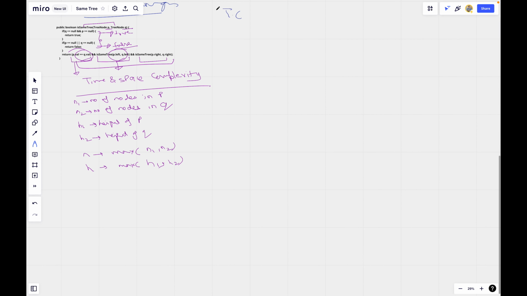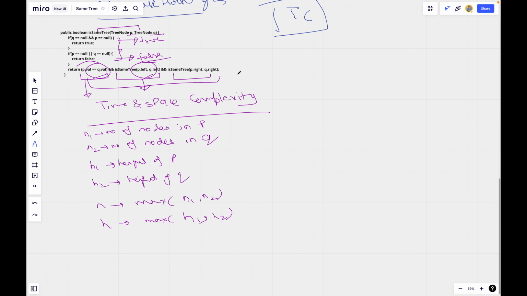Now let us start with the time complexity part. For every particular node, we are moving in similar fashion in these two binary trees. If I am moving leftwards in one binary tree, then I am making sure I am moving leftwards in another binary tree as well. If I am moving rightwards in one binary tree, I am making sure that I am moving rightwards in another binary tree as well. Hence, we are traversing these binary trees in similar fashion. So at max, we will be traversing n nodes, where n is the maximum number of nodes in both of these binary trees. And for every single node, we are doing constant work. Hence, the time complexity will be O of n.